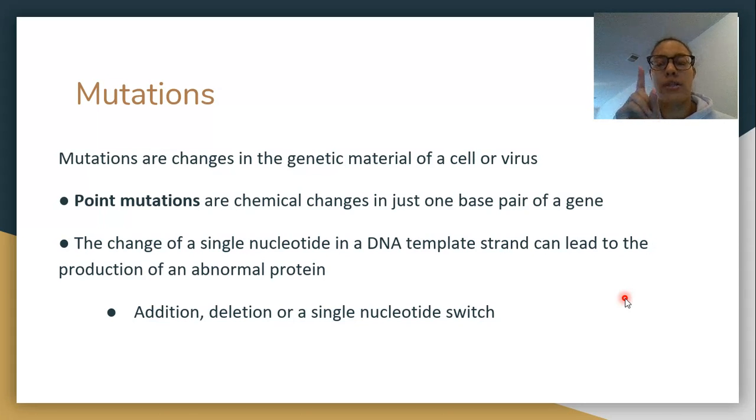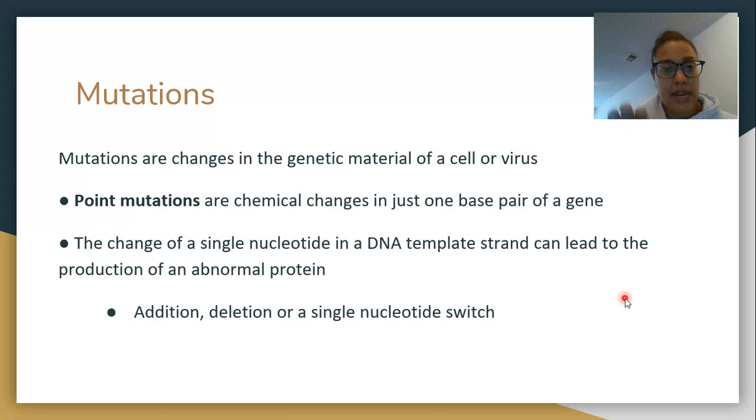So just one base pair. Maybe an A was paired with a G. Oops, that's incorrect, but it wasn't caught. That single nucleotide base change is called a point mutation. It could be a switch, like I said, an A paired with a G, or it could be where